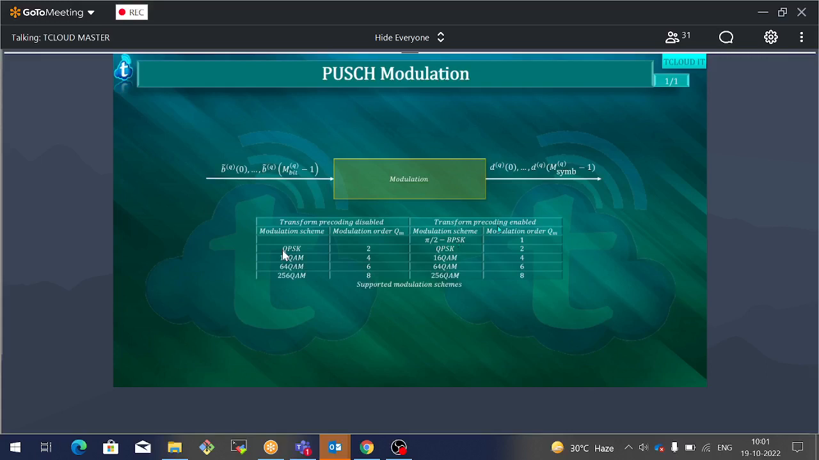First of all, what is the purpose of enabling transform precoding? If you are enabling transform precoding for any subscriber, the literal meaning is that we wanted to save the battery power by decreasing